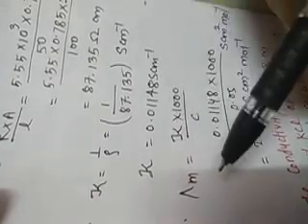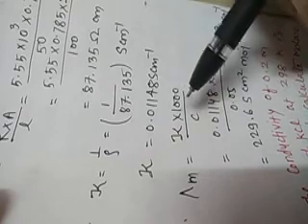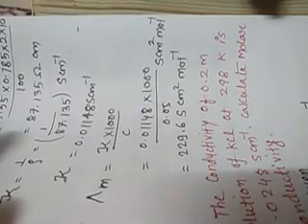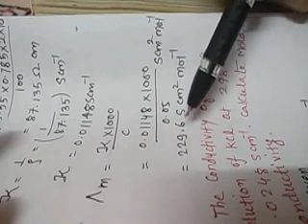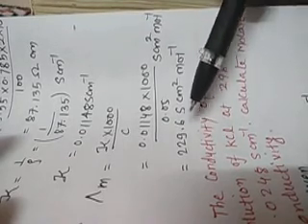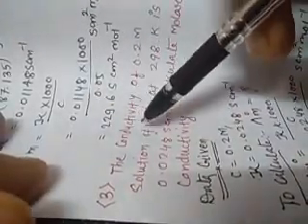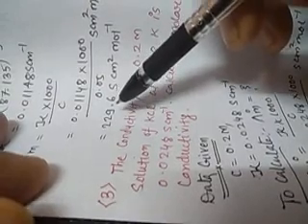We know that if we have the value of kappa in Siemens per centimeter, then we use the formula lambda m is equal to kappa into 1000 divided by C, where C represents the molar concentration in mole per liter. We have the concentration C 0.05 mole per liter, we have kappa 0.01148, and we have 1000, and ultimately we get 229.6 Siemens centimeter square per mole. So my dear students, we can easily calculate, and these kinds of questions are frequently asked in the board exam and even in competitive exams.